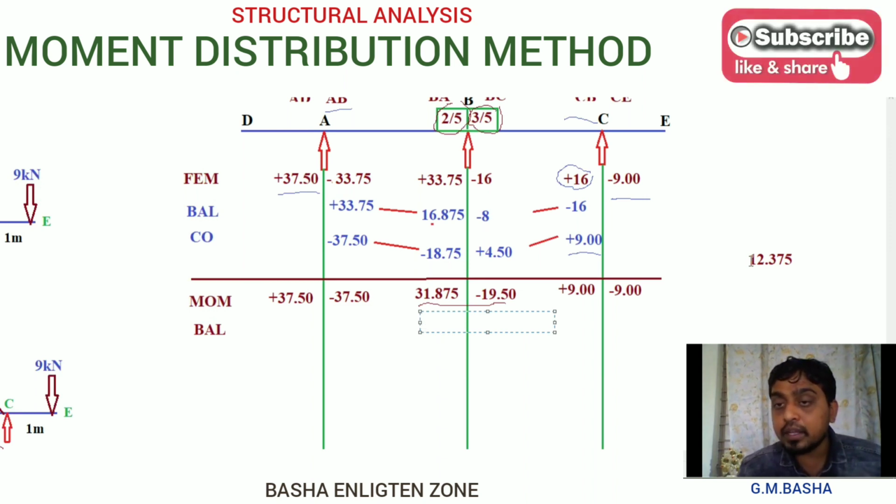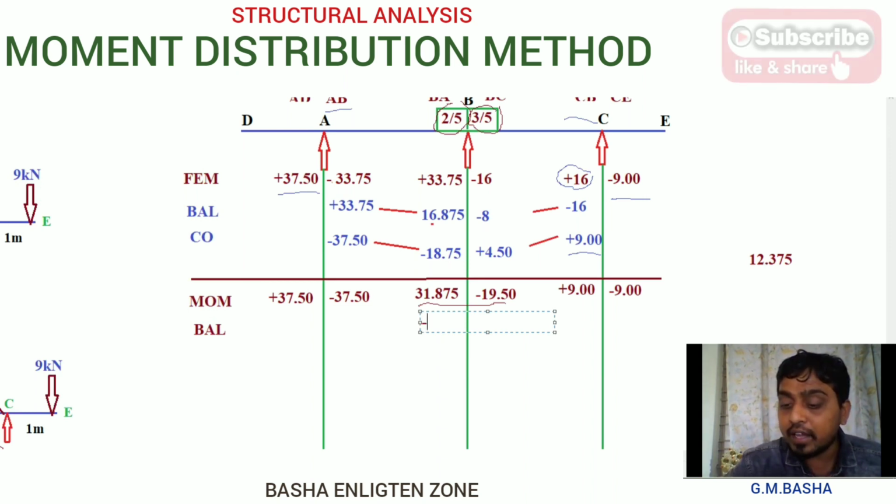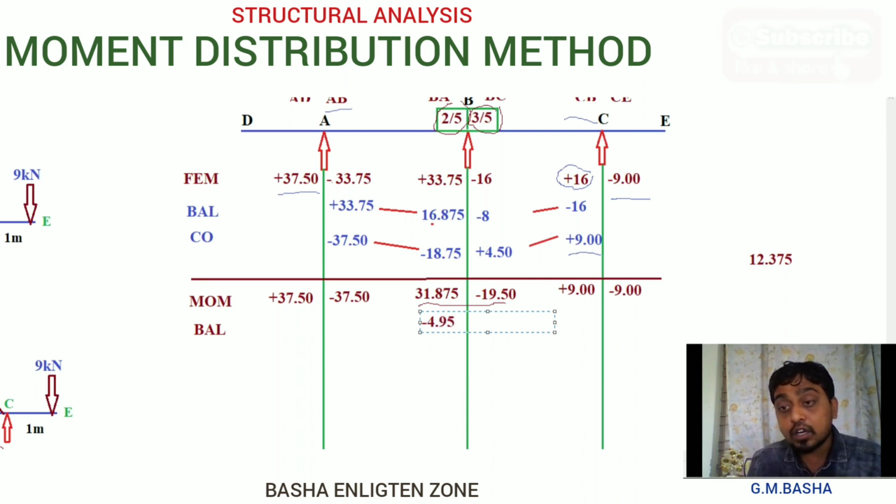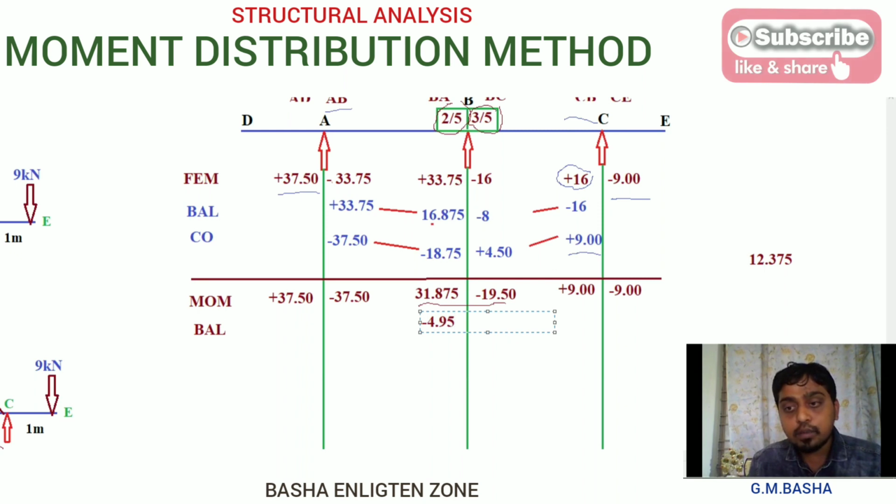Here the movement will be in the positive mode, then I am taking negative. So whatever the movement obtained while balancing position, you can take down same movement with opposite sign. That is the procedure generally for the moment distribution method. Similarly, if I want BC distribution factor, 12.375 into 3 by 5,